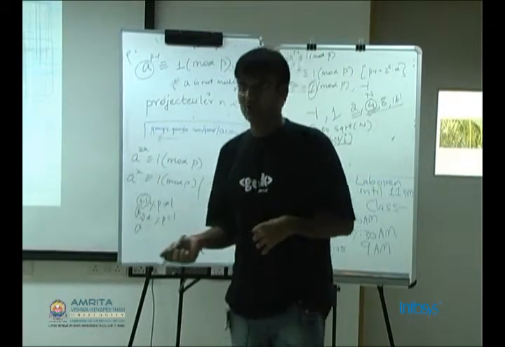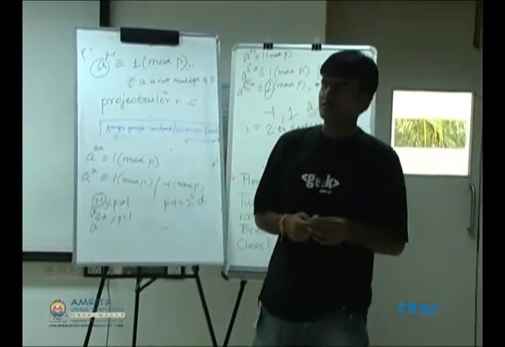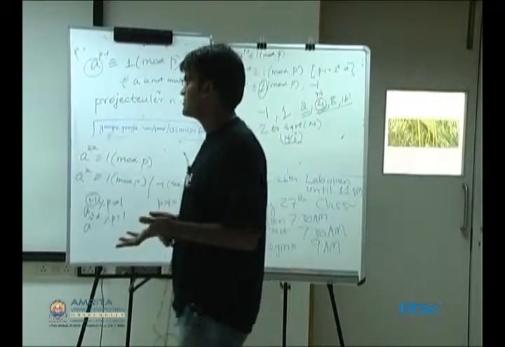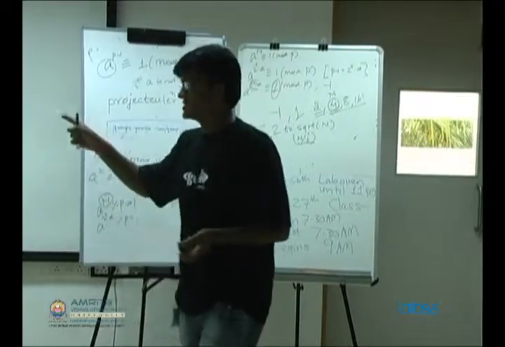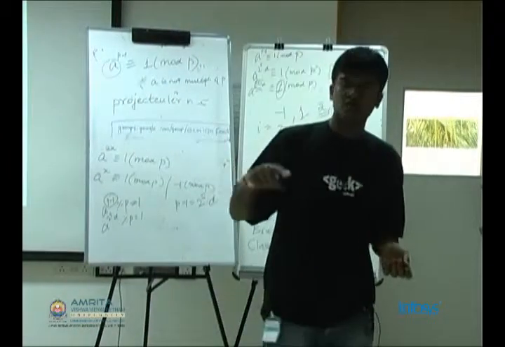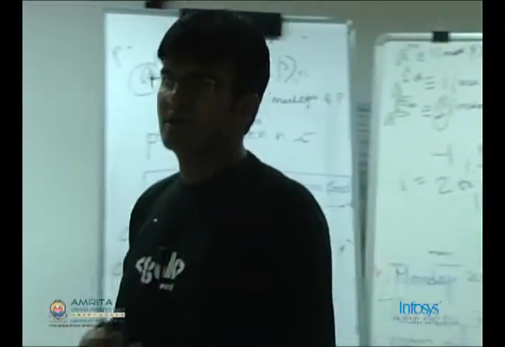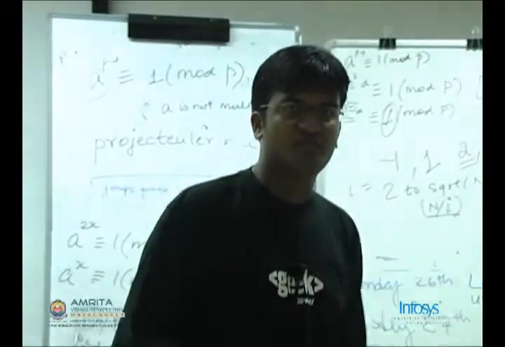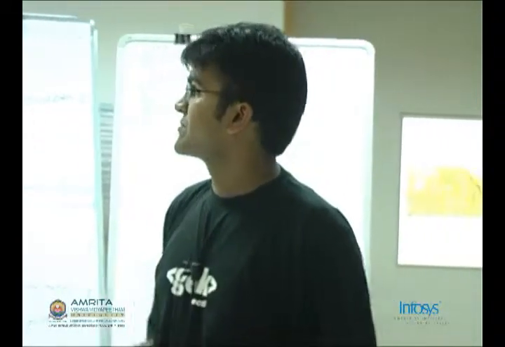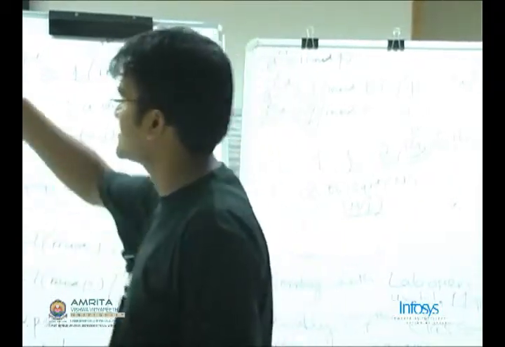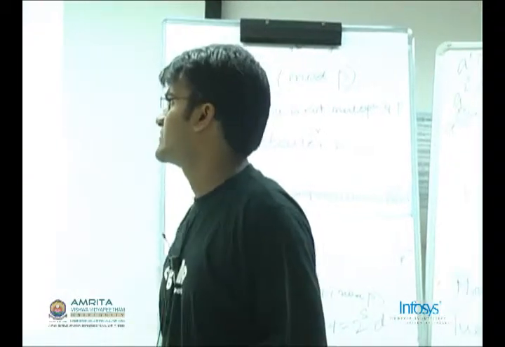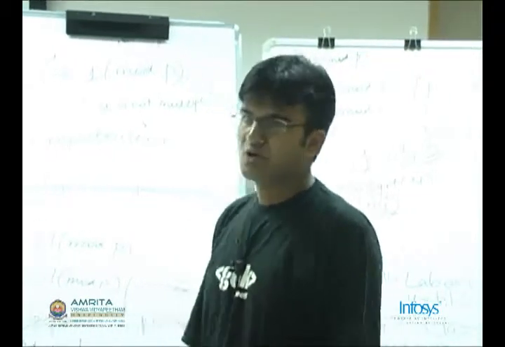Normally you would not be required to code Pollard rho in a competition, but there are a few problems which you can go and try. In fact, there is a problem by the name of DIVSUM2 on SPOJ. It's a direct problem. It asks you to factorize a number as large as 10^16. You're actually supposed to use both the square root and Pollard rho methods for factorization. So you can go and give it a try.